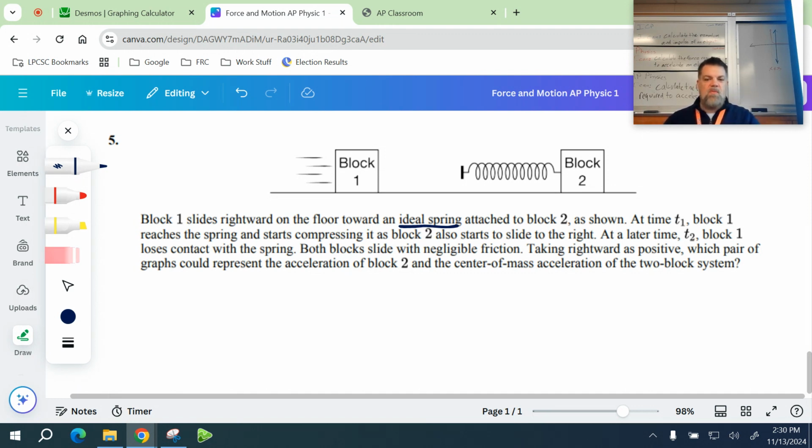I'll explain Hooke's law. We're not quite there to Hooke's law, but we're talking about force. Ideal spring means whatever force I put against the spring, it's going to push back. That's what ideal means, okay? So